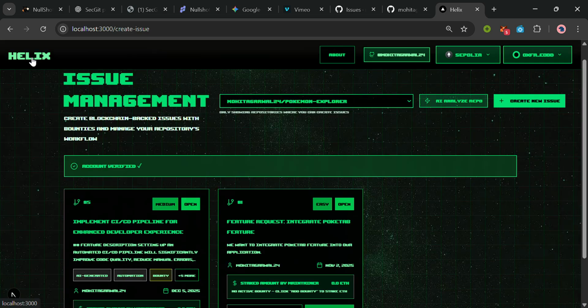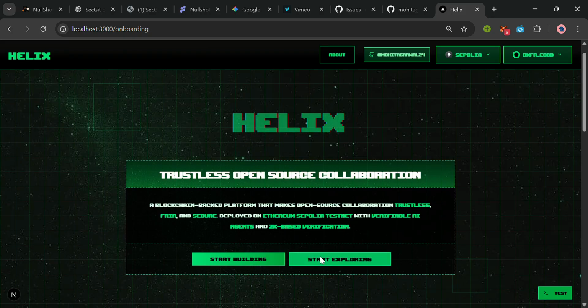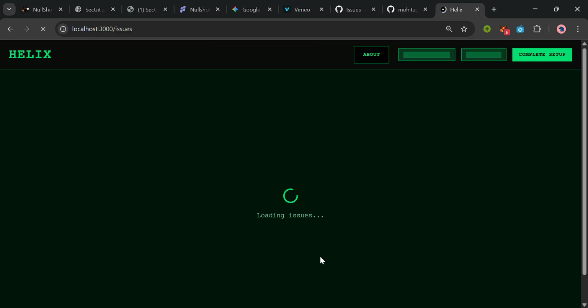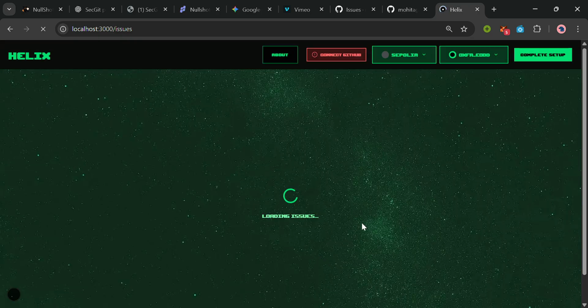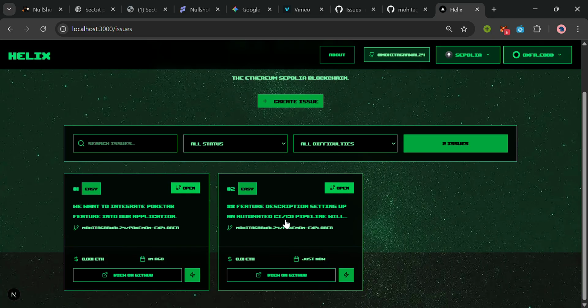Now let's check if they are created or not. You can see that the bounties for both of these are available with 0.001 ETH and 0.01 ETH.